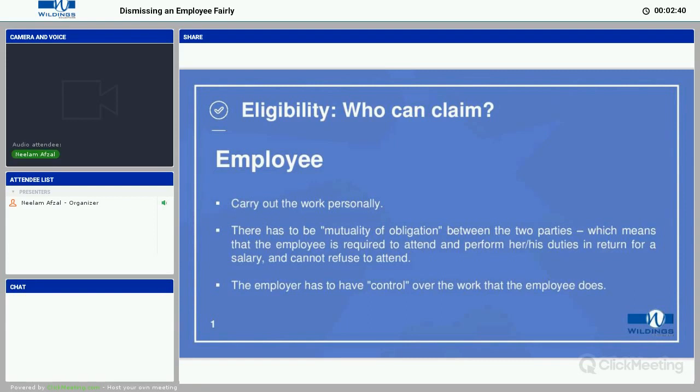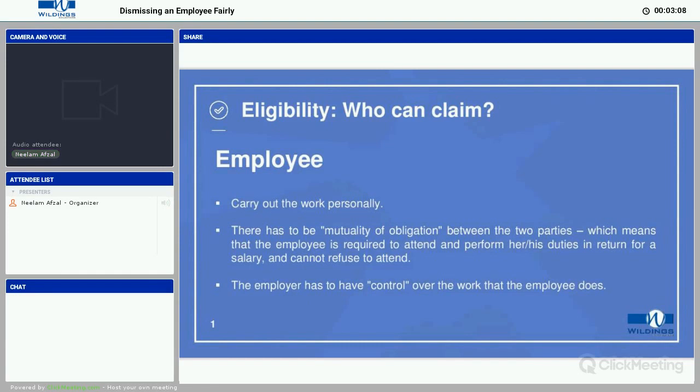And the reason why this is so crucial is it determines what employment rights individuals have, because it's only an employee who can bring a claim for unfair dismissal. And there is a definition in the Employment Rights Act. An employee is someone who works under a contract of employment, but the definition in the statute is not clear enough. So what the courts have done is they've devised tests from case law which they apply to the